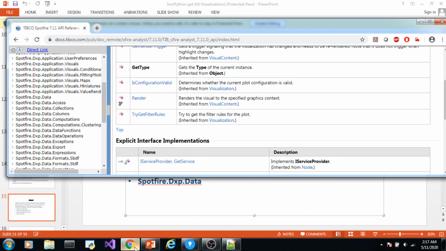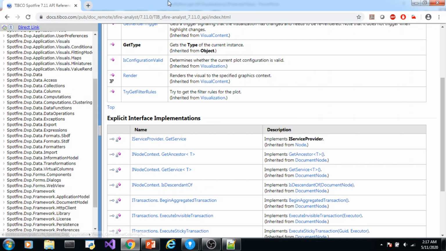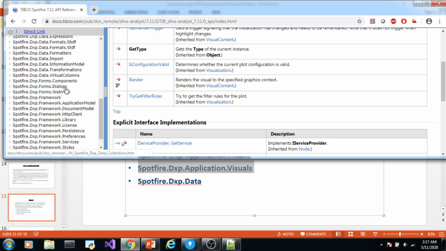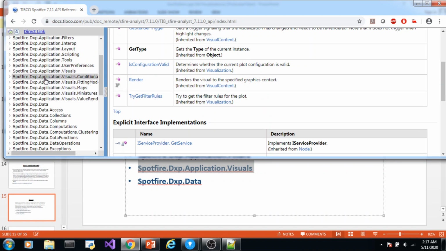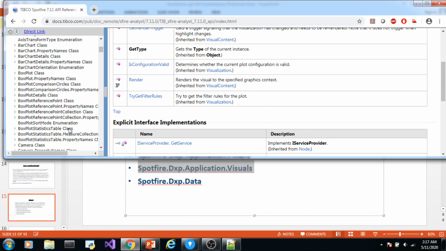If you see here, this is the application. This is the library Spotfire.Dxp.Application.Visuals. It contains the classes for all the visualizations and the related properties of visualizations.